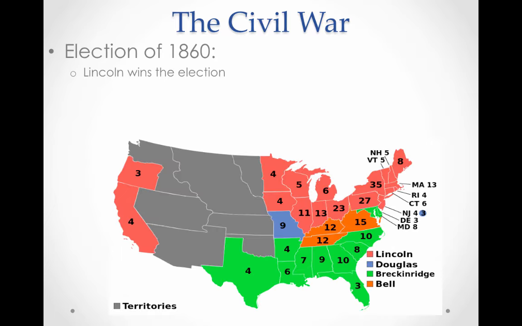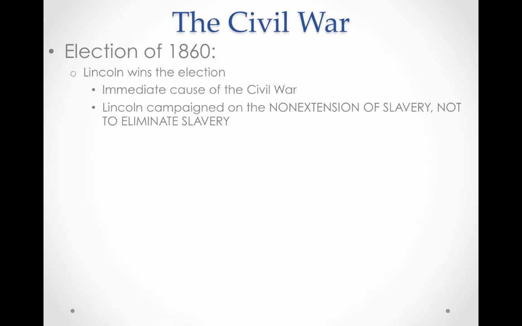All right, so the election of 1860, extremely significant event on our lead up to the Civil War. This is when Abraham Lincoln is elected. He is the first Republican president. The party actually starts around the issue of slavery. And really, this is seen as the immediate cause of civil war.